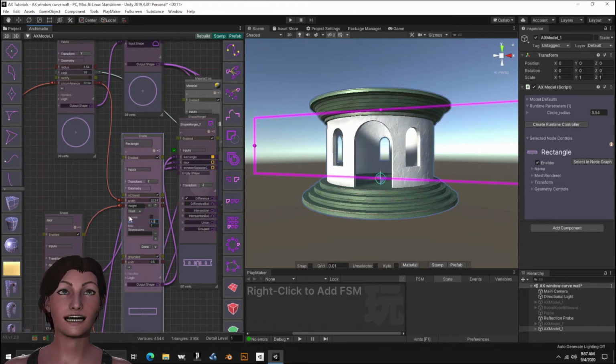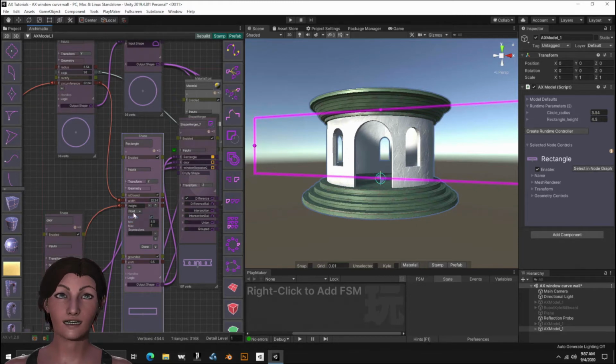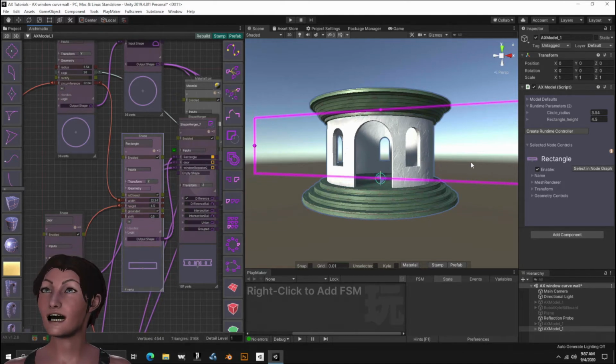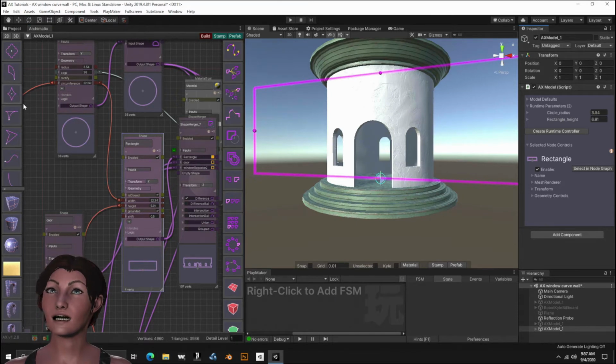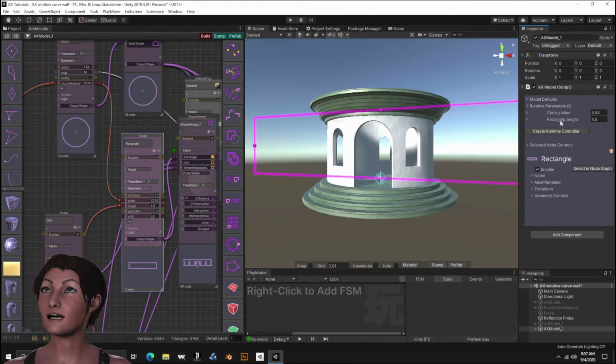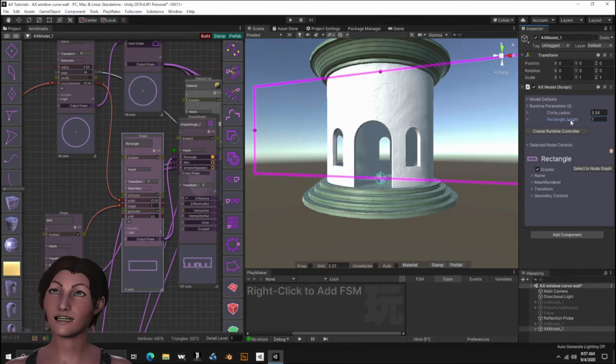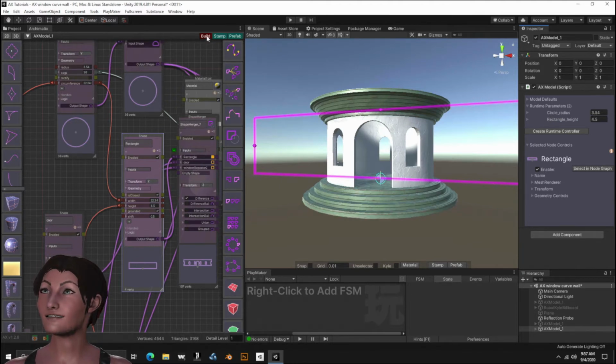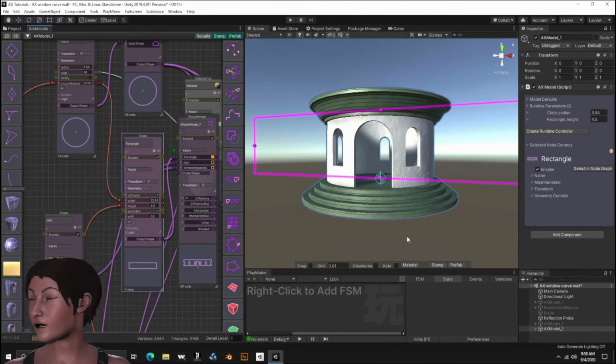Even if I send it a value outside this range, this Archimatix parameter is now going to limit it to within this range. And I'm just going to expose that parameter, so it shows up again here in the inspector. And now I can just use this like a normal parameter, and as you see, I can't drive it past the limits that I set. I'm just going to rebuild that. And one more